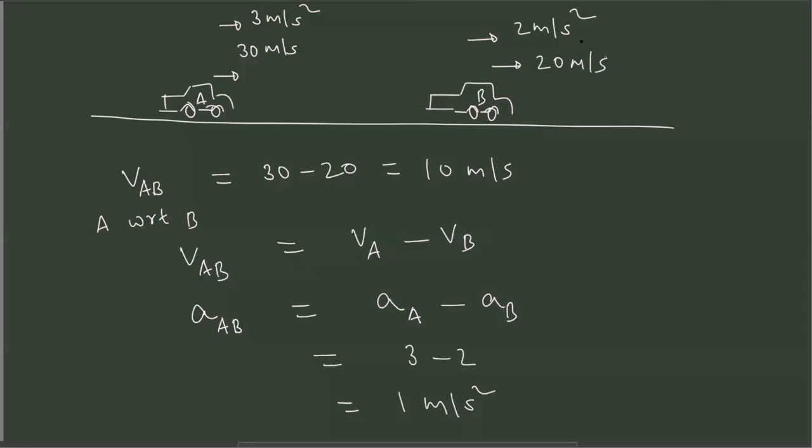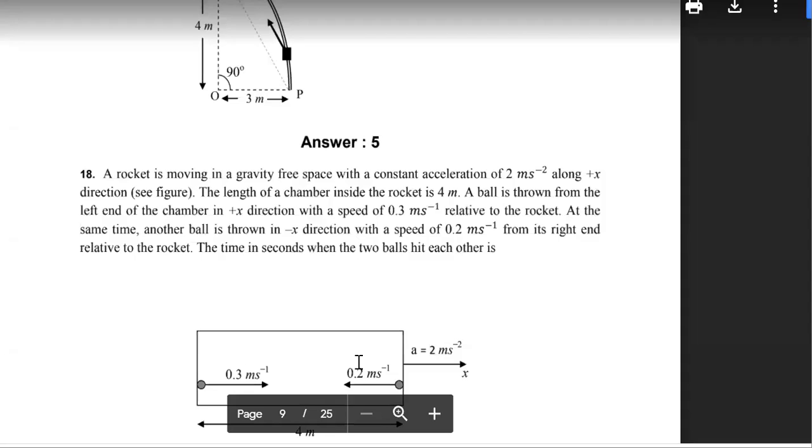In this rocket problem, because it is a gravity-free space, does it really matter how I place the chamber? Suppose I place the chamber like this, vertically. Doesn't matter, right? Yeah, it doesn't matter. Okay, so now in this vertical direction, I'll say that the rocket is moving in this direction.